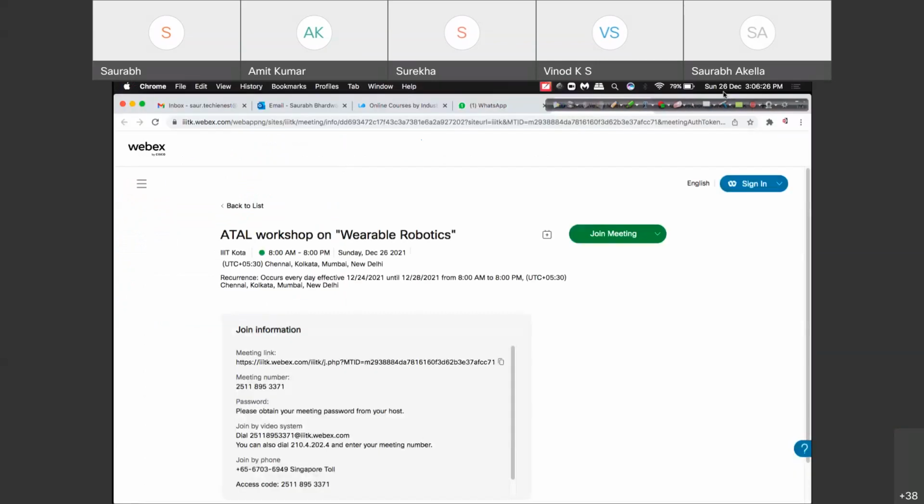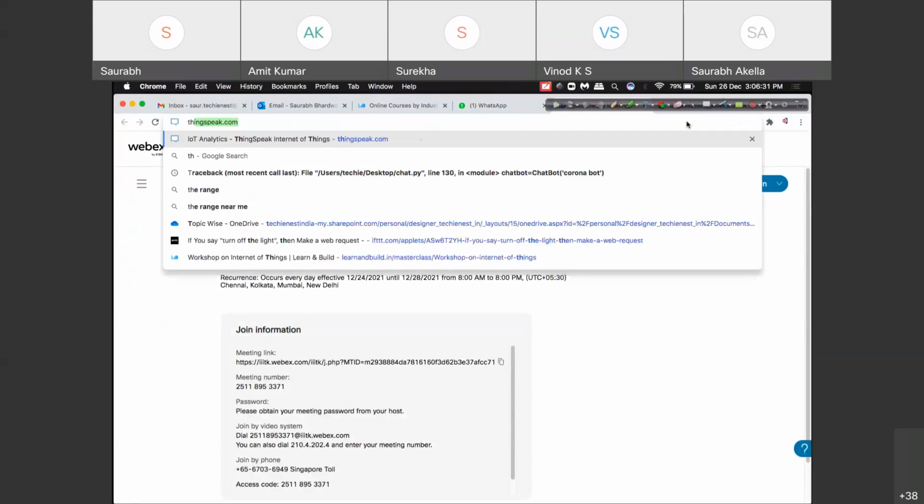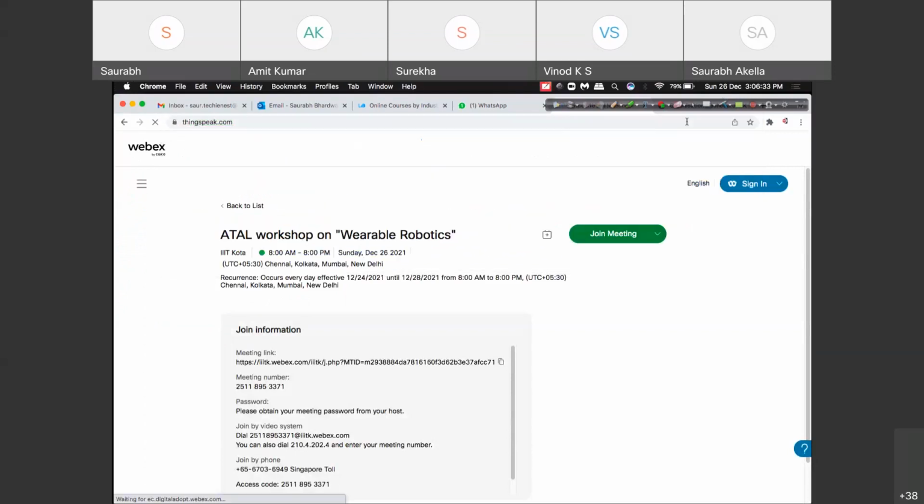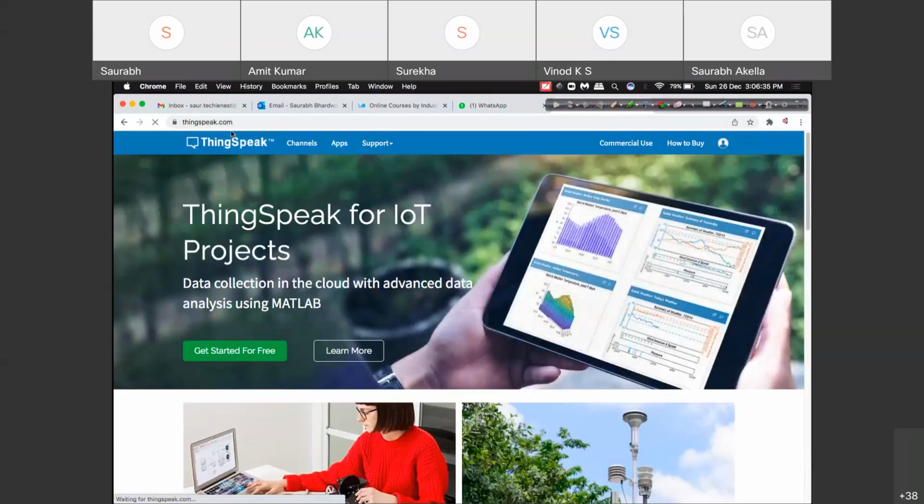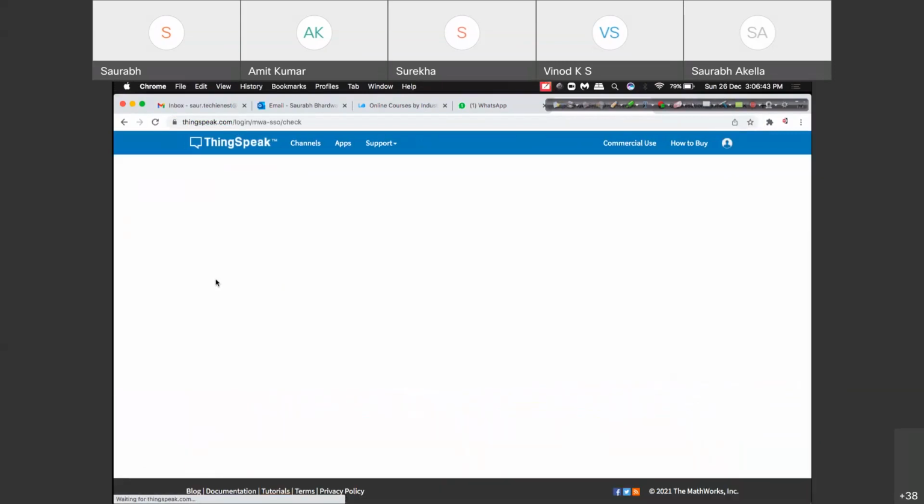So if I'll show you here, let me just log in into ThingSpeak. You can create your own account here. It's free of cost using any MATLAB accounts or MathWorks account. You will be able to log in here.